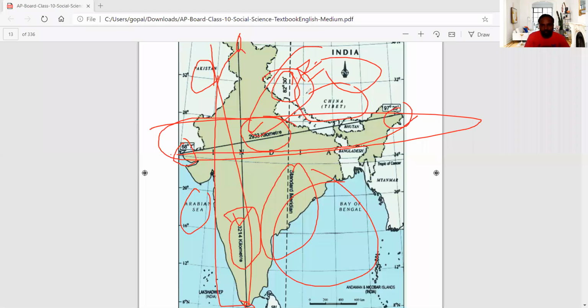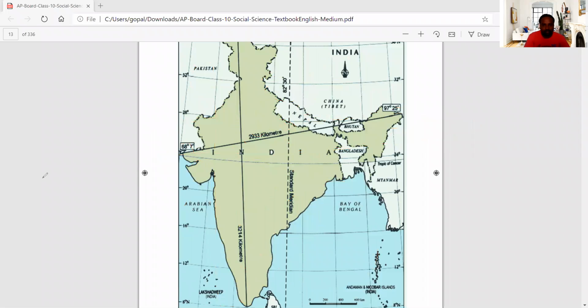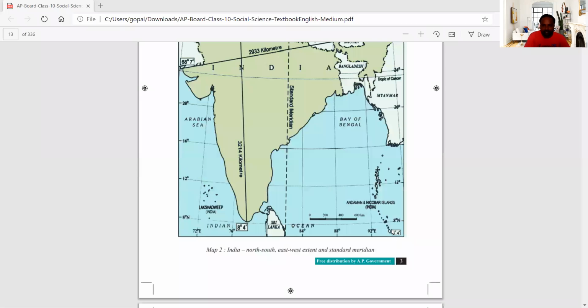Okay, these are the important things to locate on the map of India. And remember Indira Point. Where this Indira Point is, just remember it is very important. Indira Point is nothing but the tip of India. So the tip point of India. In this place we can see Indira Point. Okay, so this is the northernmost part of India, and here the mainland is starting.